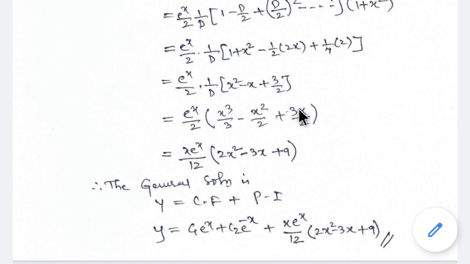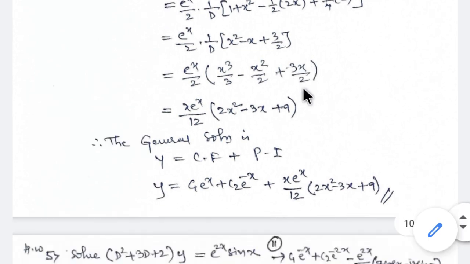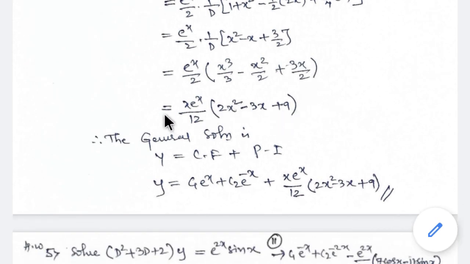After simplifying, you take x common, so you get x into e raised to x by 12, taking the LCM 6 into 2, 12. Multiplying, you get 2x squared minus 3x